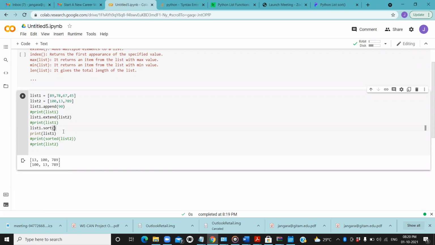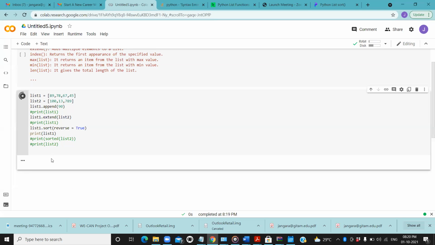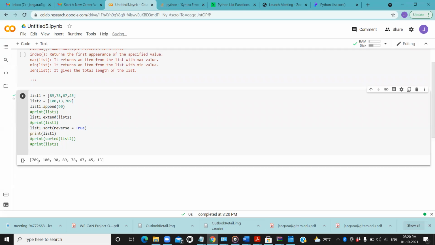So now we want it to be displayed in descending order. For that, we need to say reverse is equal to True. Then the list is going to be displayed in reverse order. If you observe, all the elements are there in descending order.